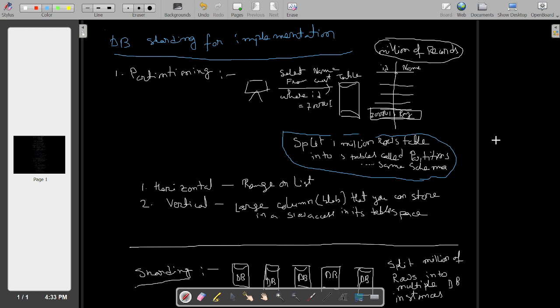Today, I want to speak about database sharding. I think, you know, everybody knows it in terms of theory. You're splitting the database across DB instances. But today, we're going to talk about how things are done in practice for database sharding, and how it is important from a microservices perspective.